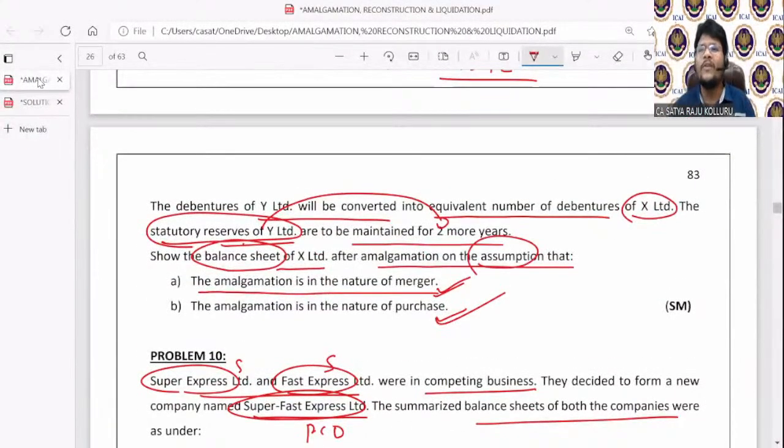Don't go to the roots of the provision. This is only for academic purpose. But if you go practically, you are right. In case of merger, we cannot issue the preference shares as PC, because the entire PC should be only in the form of fully paid up equity shares. Hope your doubt is cleared, ma. This is only for academic purpose, but in the merger, we should only consider equity shares. Okay. Next.